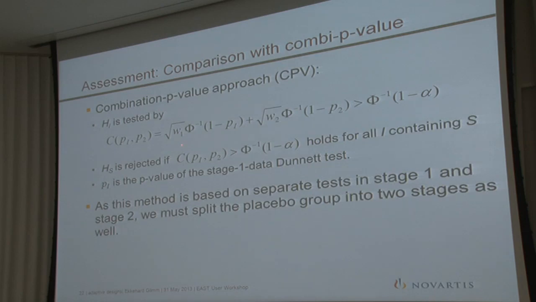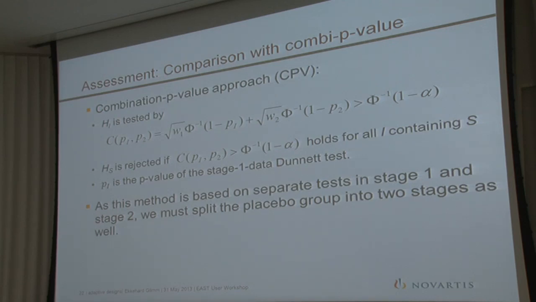You have seen this formula. You would reject the hypothesis for the selected treatment if the combination function is above the standard normal distribution quantile, for all of the intersections that contain the selected treatment. And this pi is now the p-value of a stage 1 Dunnett test. Of course, if it's the selected treatment, it's just a p-value. Now, as this method is based on separate tests in stage 1 and in stage 2, because at both stages we are, of course, comparing